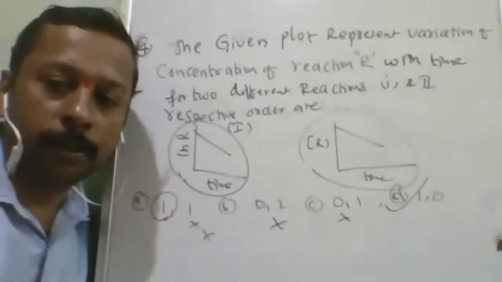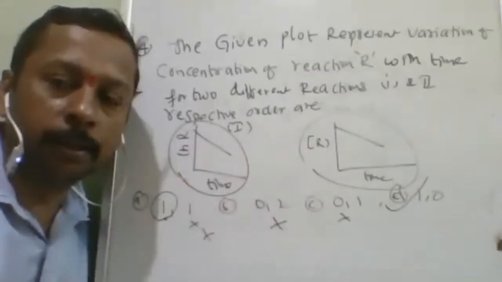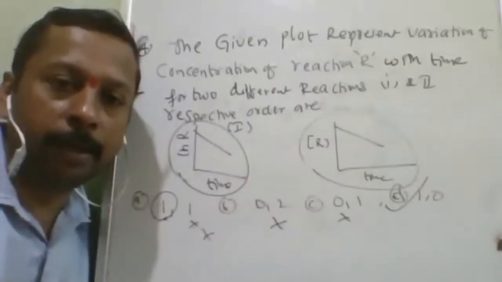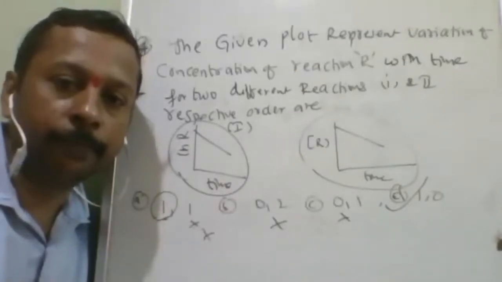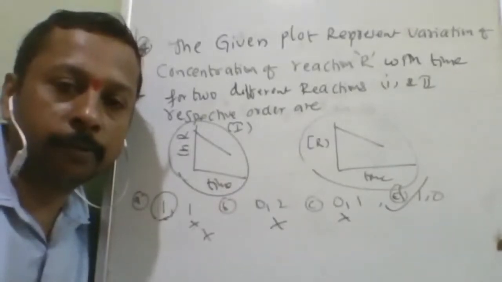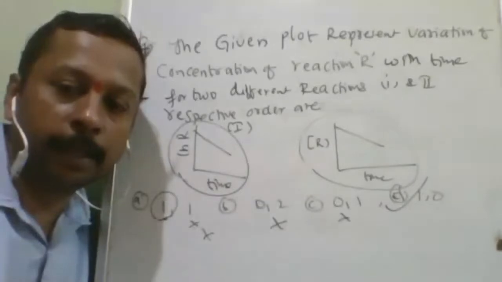So it is better to draw all the graphs together. Comparative study makes your study comfortable in chemical kinetics. Draw all graphs together. Make your notes as per the examination question patterns.